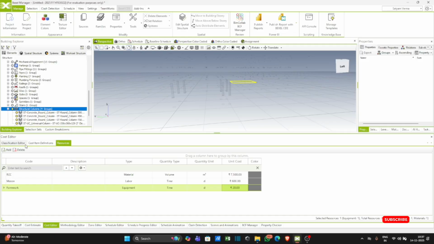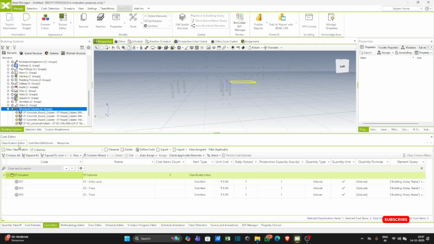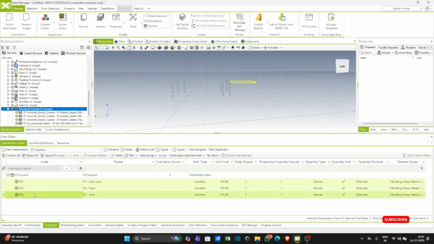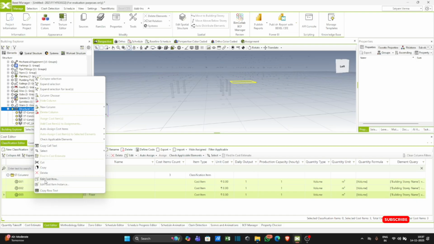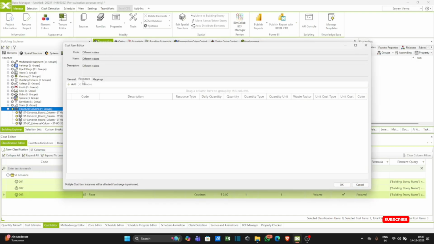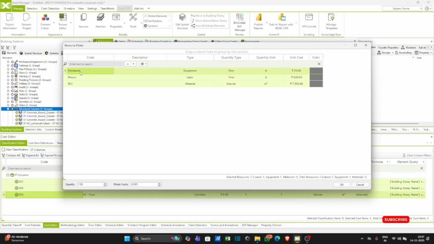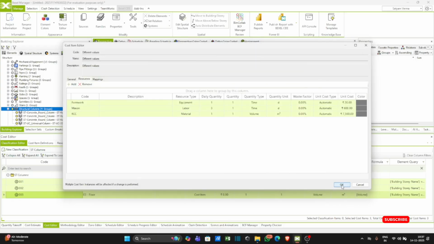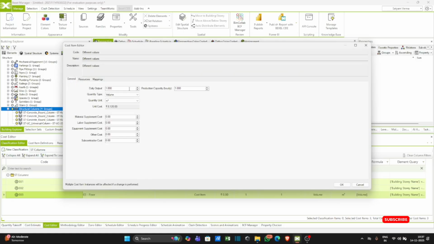Now go to the classification editor, select these 3, and go to edit cost item. Here we add the resources, formwork, and OK. Here you can see we added the resources. Here the daily output is 1, production hourly is 1.